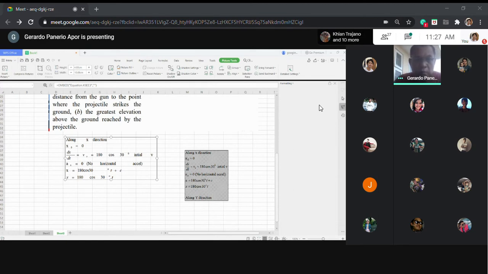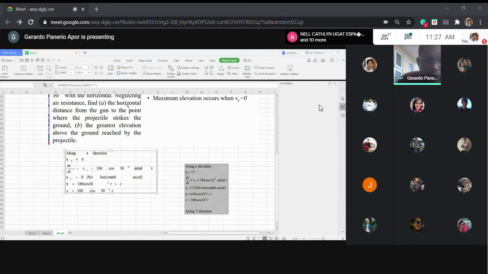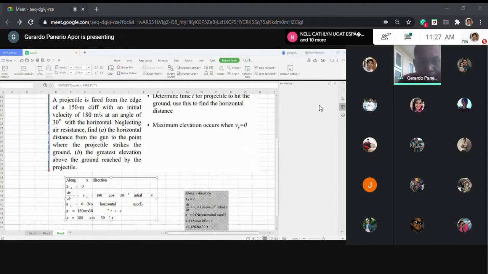Okay, so opposite along y direction. Here, y0 is, you are already above the ground initially, no? Initial y is 150. Then we know that there is acceleration. Acceleration is equal to negative 9.81, that is caused by gravity. And we know that